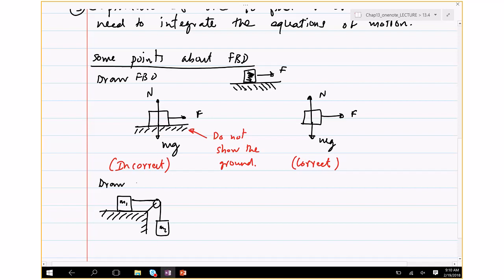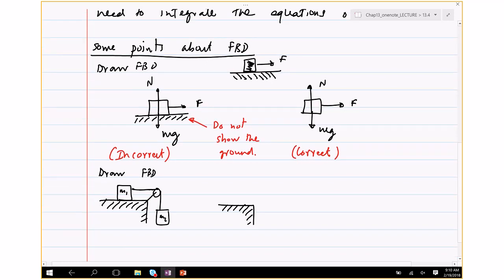So if you're asked to draw the FBD, well, before I draw the FBD, in this case there are two masses, M1 and M2, right? And if there are two masses, then you should be able to draw three free body diagrams. The three free body diagrams are one for mass M1, one for mass M2, and if you wanted,